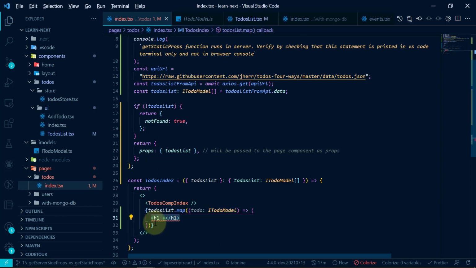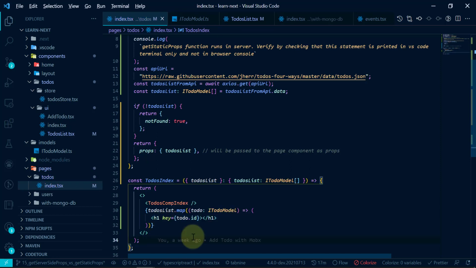I will simply return h1, and we must provide a key, otherwise we will get an error that a key needs to be there. Since in our to do we have an id property which will be unique for each to do, we'll provide it as the key, and then whatever we want to print, we'll print it here, like to do dot text.